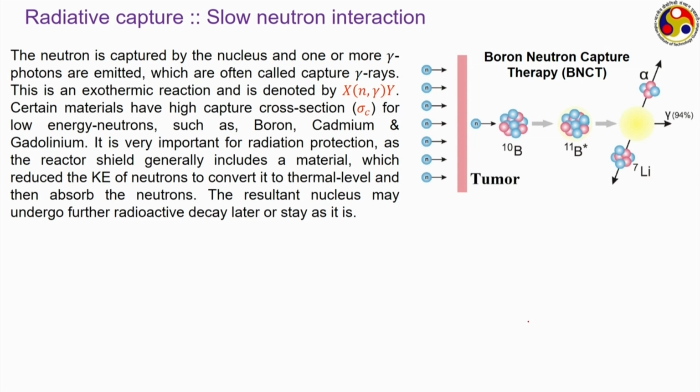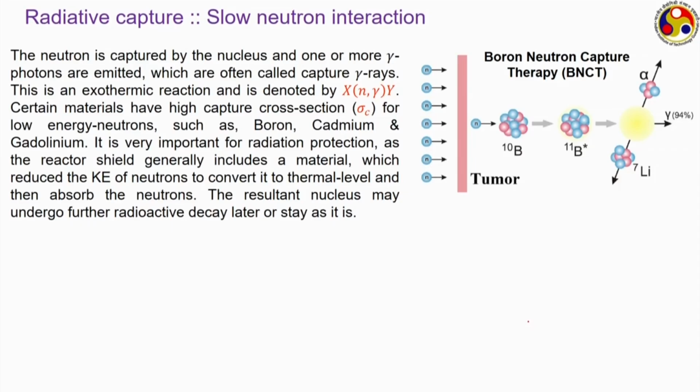That is, as the energy of the neutron changes, its probability of being captured by the same nucleus also keeps on changing, and generally the capture cross section for a nucleus is higher for low energy neutrons. Particularly for elements like boron or cadmium, they have very high capture cross section for low energy neutrons, and therefore, from a radiation shield building point of view, we quite often would like to reduce the kinetic energy of